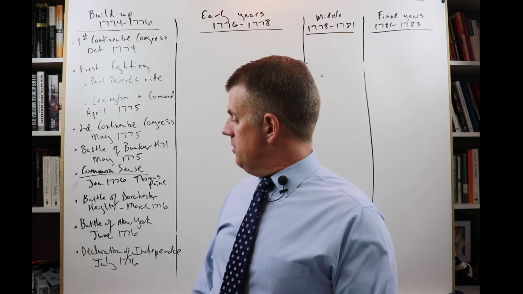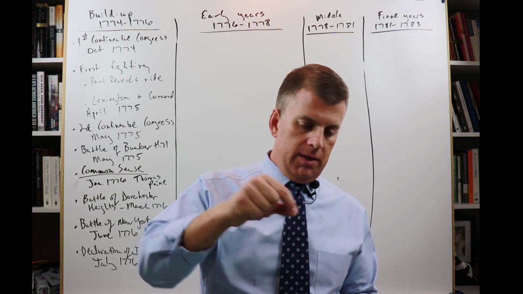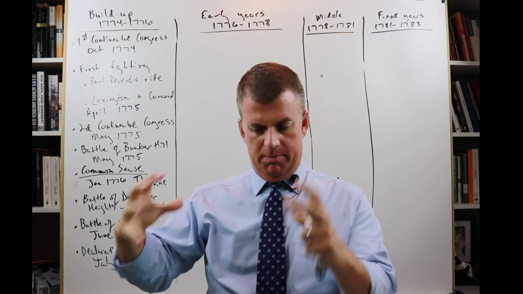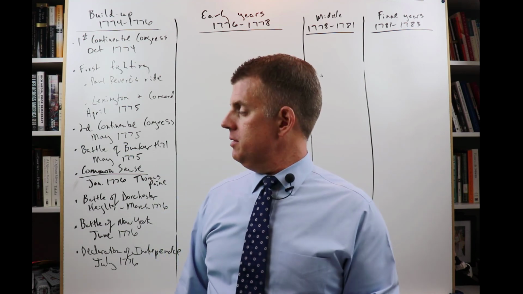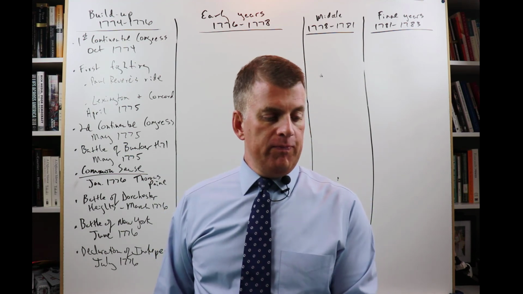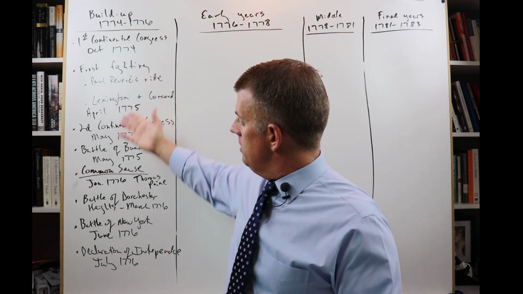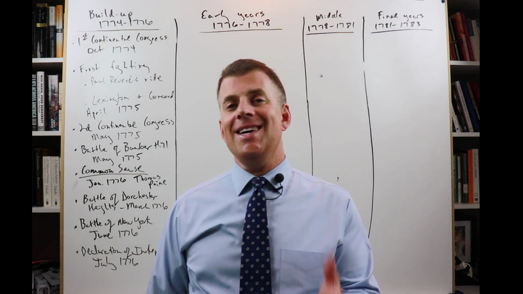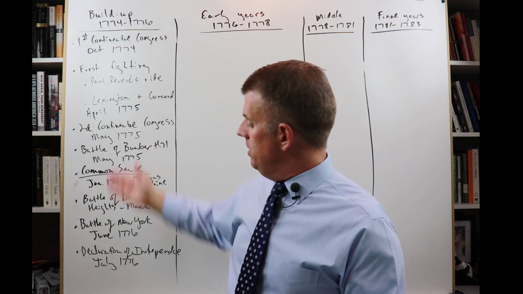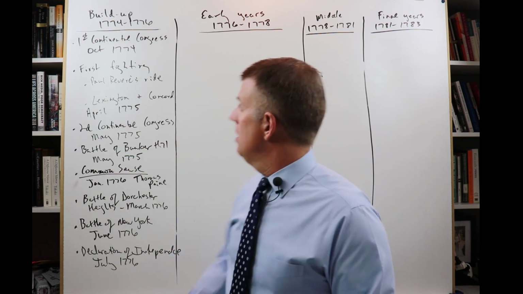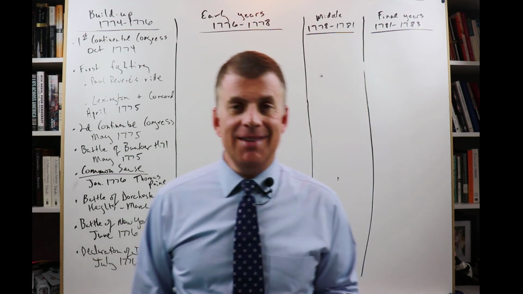He drafts the Declaration of Independence, the big breakup letter. Everybody signs it. John Hancock signs it. He's the first one. It's a nice and big signature right in the middle. If you go see it in Washington, it's actually really hard to see now because it's all faded. But that's all of the events that, if you get asked any questions on the exam, it's going to be about one of those. All right. So this is the build-up. Next is going to be this early part of the war, 1776 to 1778.